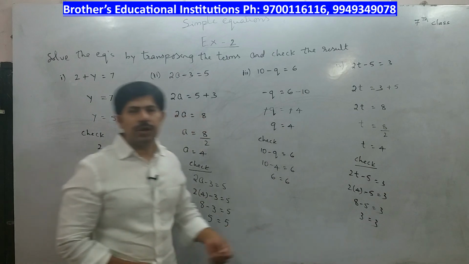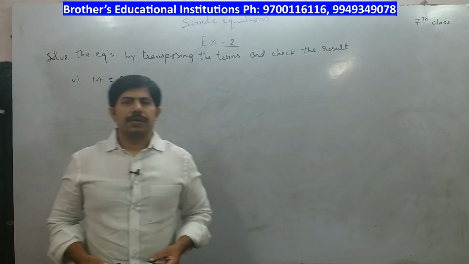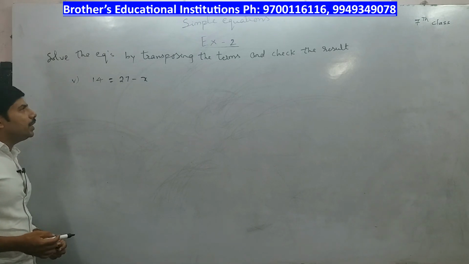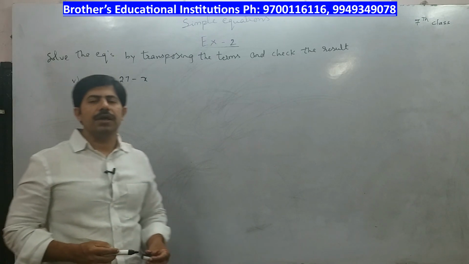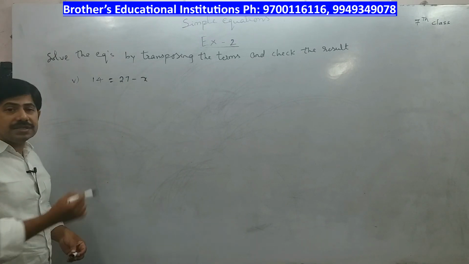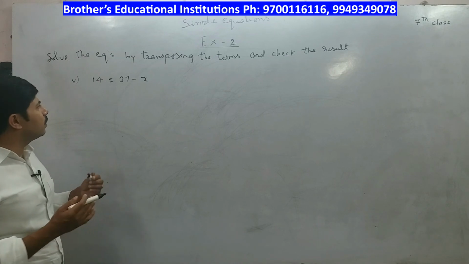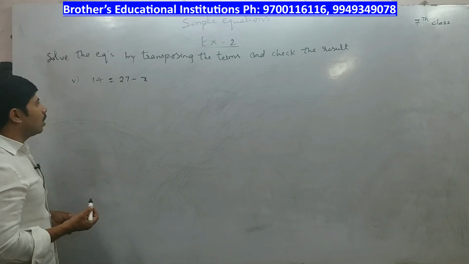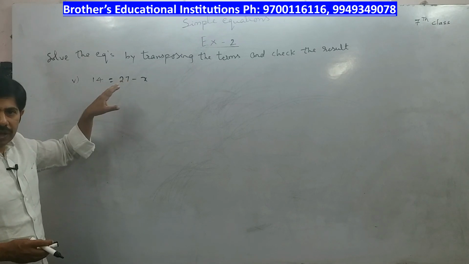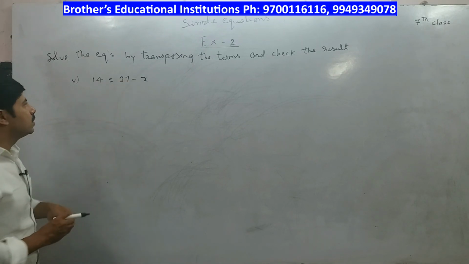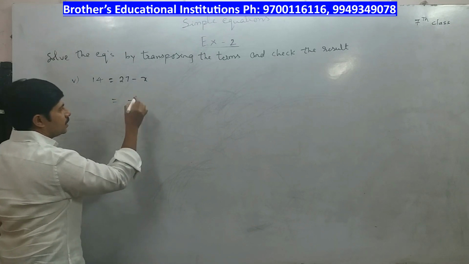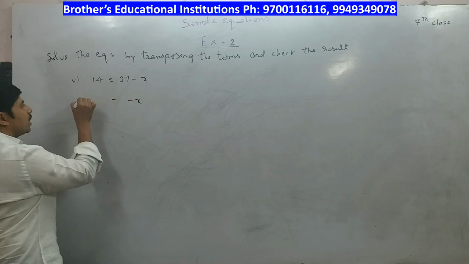Okay. So please note down these problems. Next question: 14 is equal to 27 minus x. Here we have to find out the value of x. But in this problem the x is in the RHS. So no need to worry about whether it is in the LHS or RHS. So what we do is, we transpose the term which the x contains, that means we have 27. So you write is equal to minus x as it is, 14 as it is.